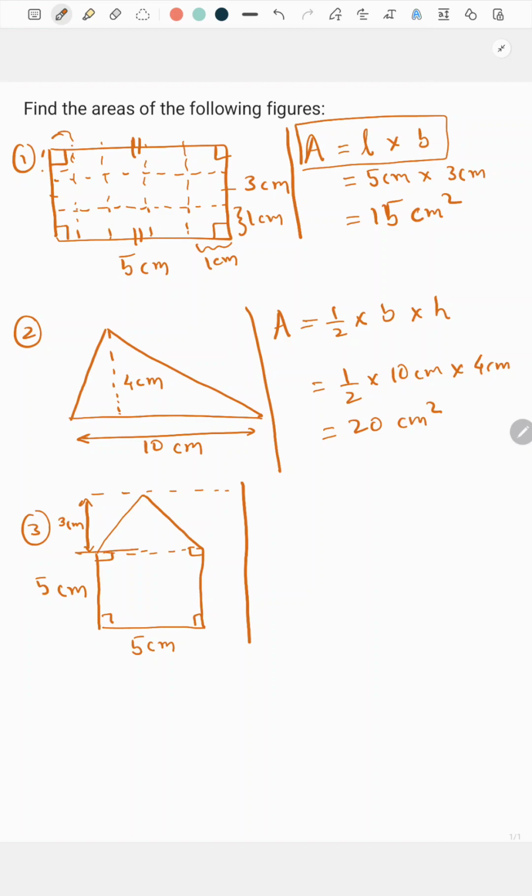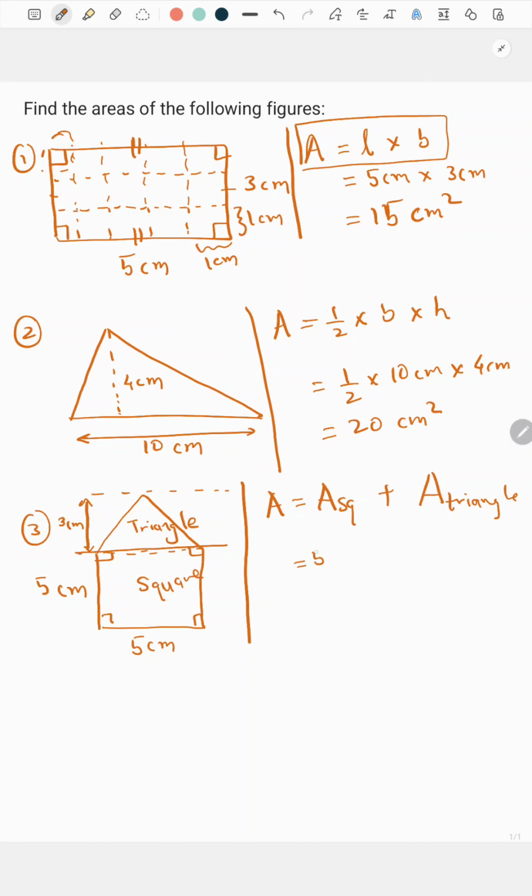Actually it is a square, because the sides are all equal. So there is a square here, and there is a triangle, and this figure is composed of a square and a triangle. So we can calculate this area. Area is equal to area of square plus area of triangle,